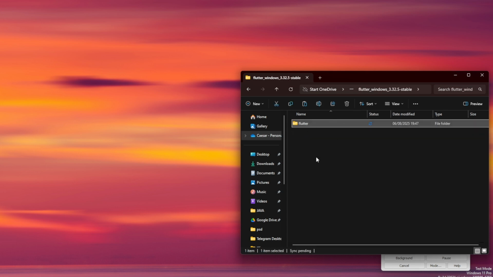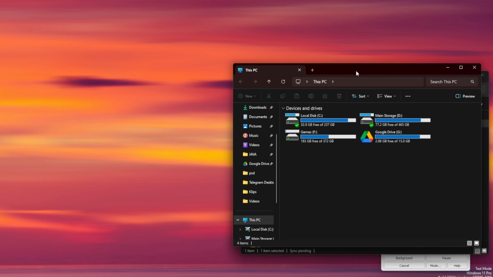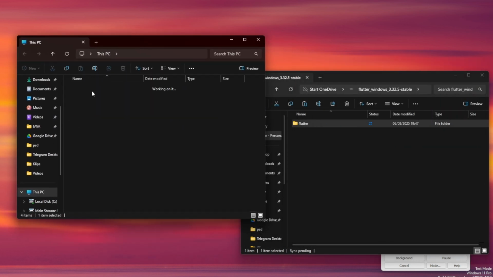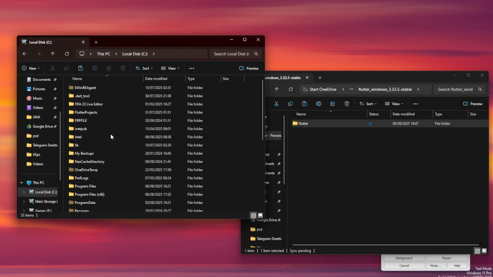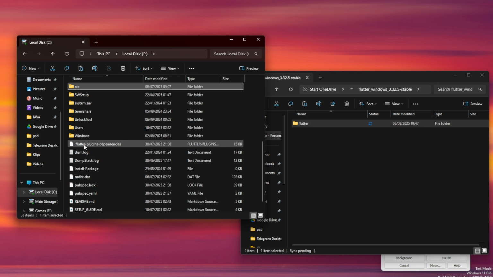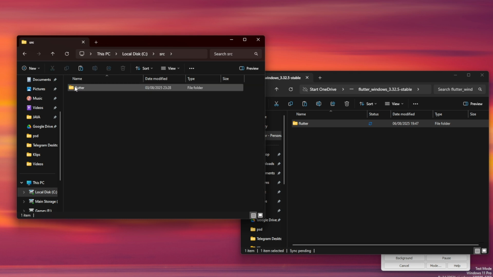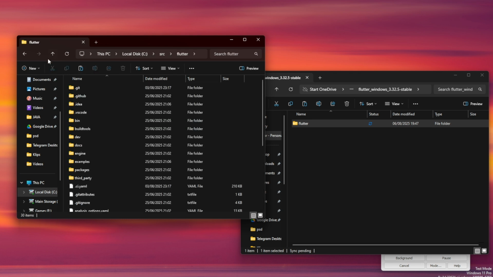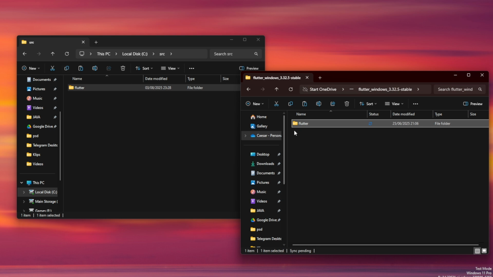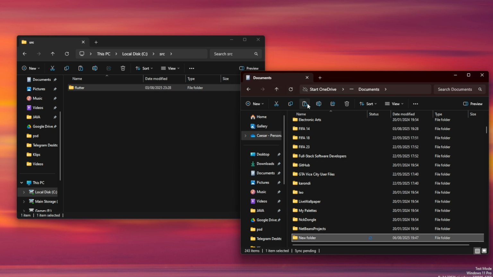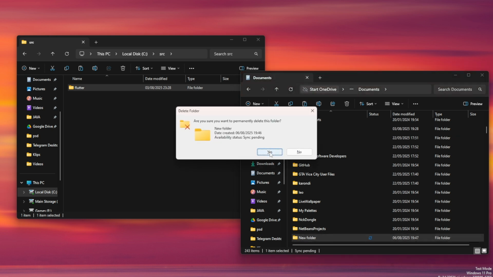We are going to go to a folder with no white spaces. For example, I have chosen local disk C, then created a folder called src, and then you're going to paste this Flutter folder here. Yeah, and basically we are done with that part of installing. So once you're done with that,